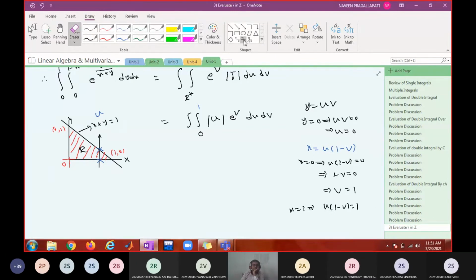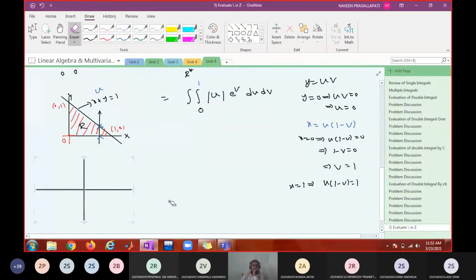We are converting the xy coordinate system to the uv coordinate system. We are trying to find the images of the boundary. If I can find the image of these boundaries, is that sufficient? The entire region is bounded by y equal to 0, x equal to 0, x plus y equal to 1, and what is the other extent of the region? I think we are missing that point.